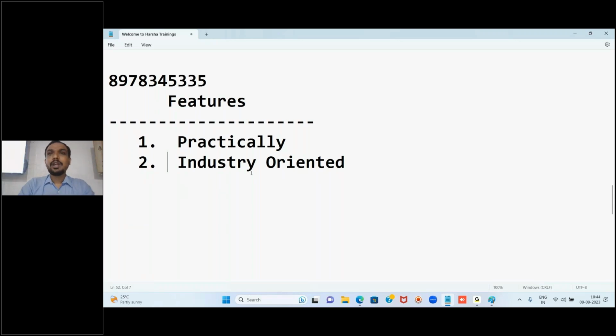So I know what the recruiters are expecting, what those software companies are expecting in a fresher, what kind of talents they are expecting from the fresher, what they actually want. You understood, right? As per their requirements and the subject, by mixing those two things as a combination, I have designed the course. That's why I'm claiming that this course is an industry oriented course.